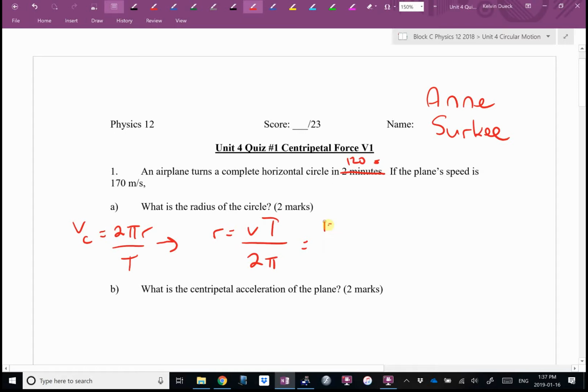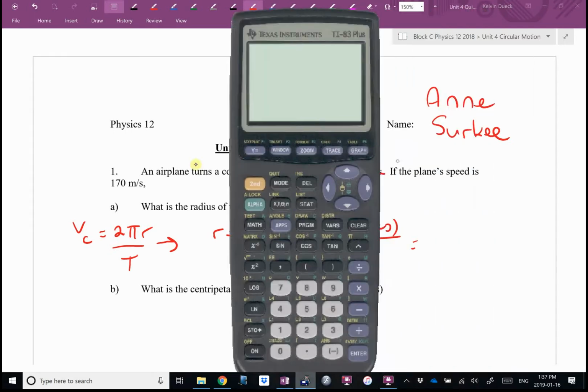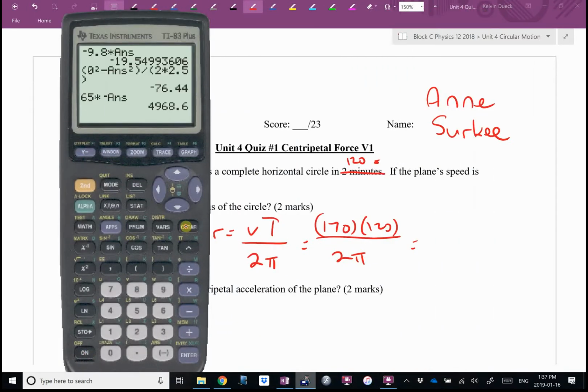It's going to be 170 times 120 over 2 pi. I said, okay, 170 times 120 divided by bracket 2 pi. Do you get